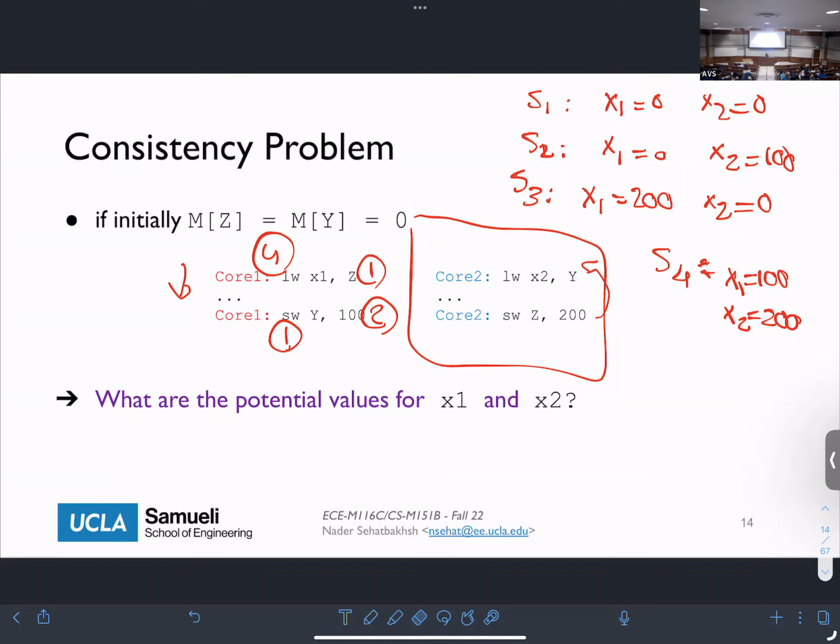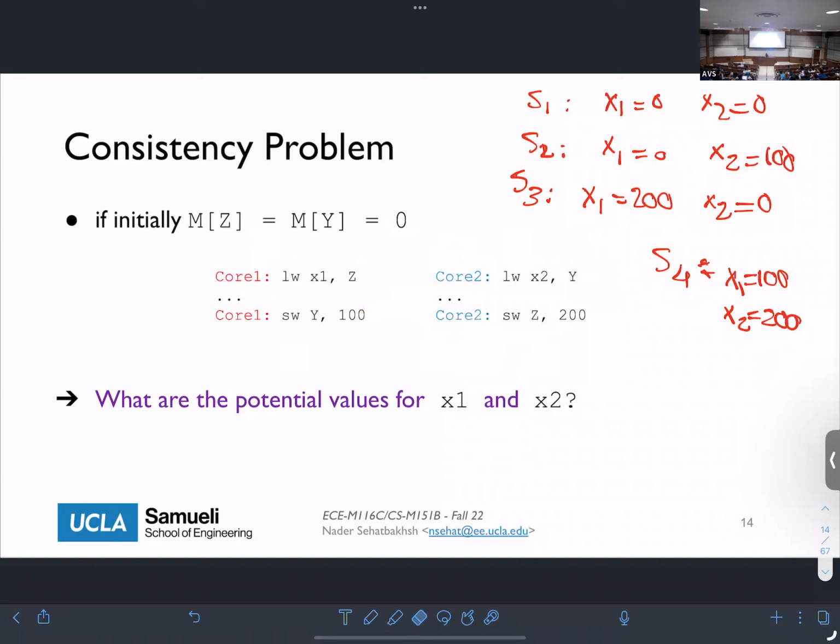To summarize what we are saying, depending on how you order these instructions, both internally and externally, you might actually have various different outputs. By internally, I mean within core number 1 or within core number 2, and also how you interleave these instructions between each other. You might run this first, and then this next. You might run this first, and then maybe this one, and then this one. So there could be many different interleavings, and in these interleaving scenarios, you might get different answers.